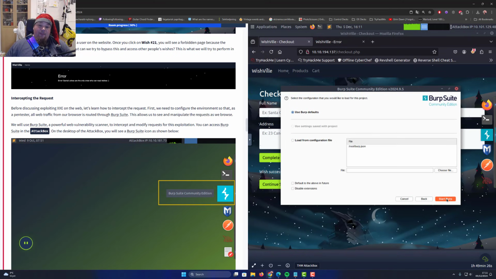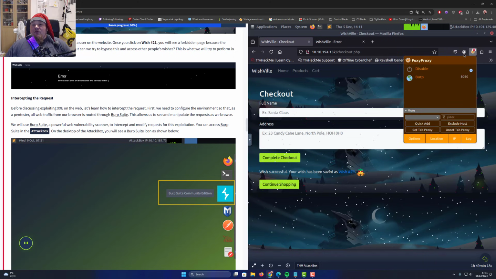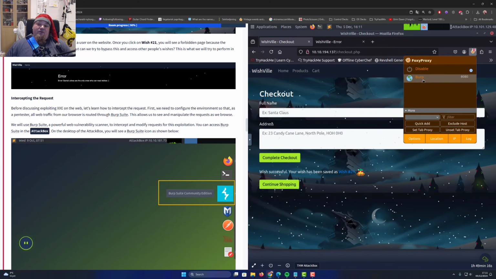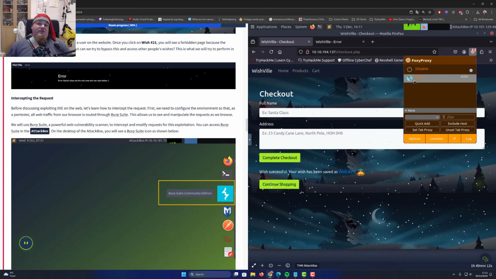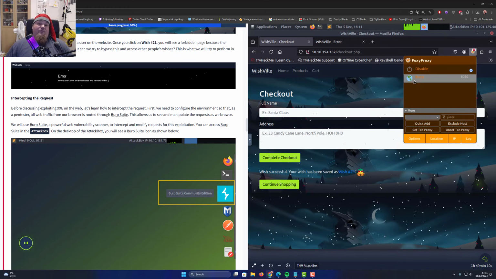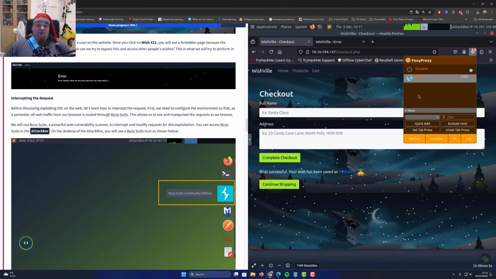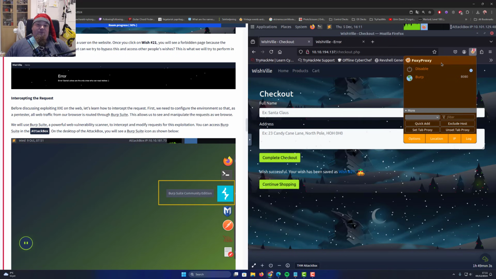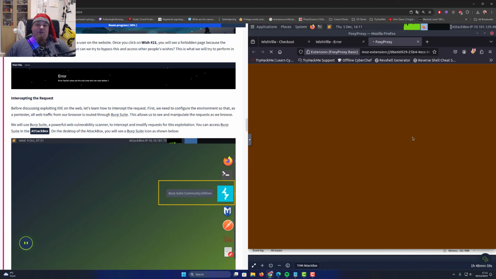Click next here and start Burp. And in the attack box, we have Foxy Proxy installed. Foxy Proxy is the extension that can more easily make us direct all traffic from the browser to the Burp. If you don't know how that works, it's basically just installing Foxy Proxy in your Firefox browser, and it's an extension, and then go to